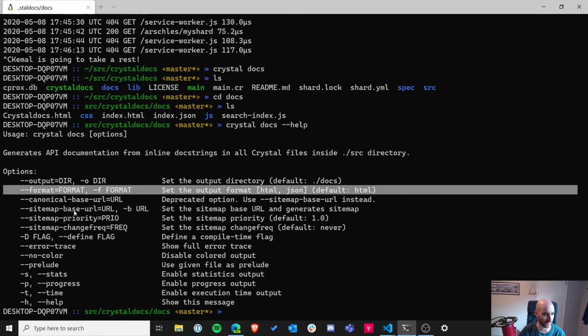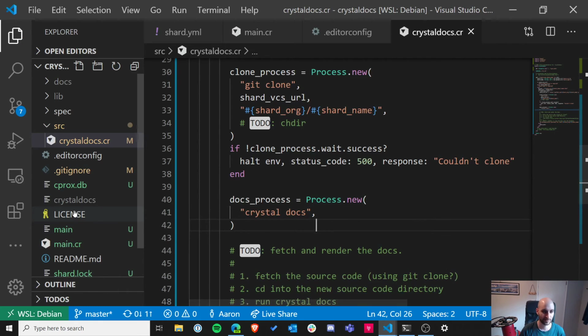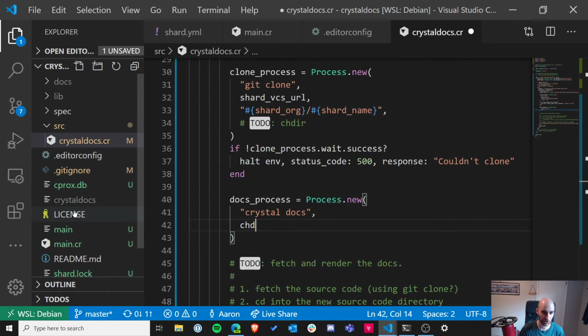But there was an idea that I think is a really good one: to output it in JSON and then use that JSON later to serve a JSON API and also render our own custom HTML from the JSON, instead of just rendering the HTML that Crystal Docs decides to spit out. So that might be useful. But for now, 4 minutes left, we're going to take the easy way. Definitely the easy way. So yeah, Crystal Docs will output a docs directory underneath the current directory, and I need to chdir